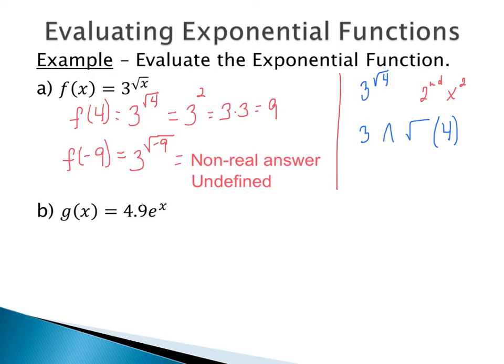So next we are given g of x equals 4.9 e to the x. So remember, e is that natural base function, so it's a constant, and we do have an e button on our calculator that we're going to have to use in order to correctly solve this problem. So why don't we do 4 again? That way we're doing 4.9 e to the 4th. So at this point, I would say to plug this into your calculator. So off to the side, we would be doing in your calculator 4.9 e. So in order to get your e, you would have to hit the second button.